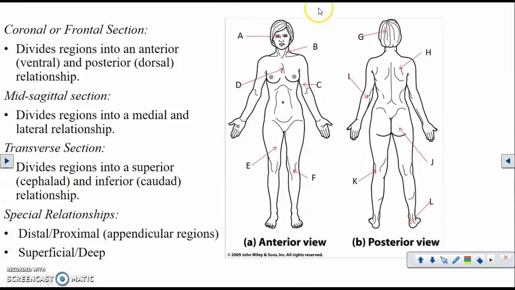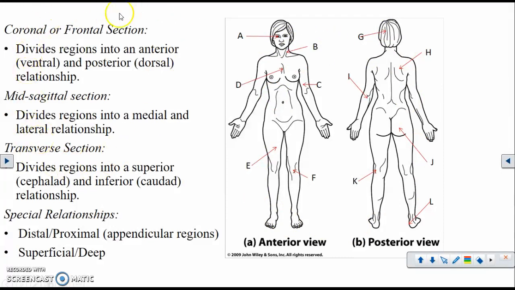All of these things that are lettered are actually in this case regions, superficial regions. Okay, A is the orbital region, B is the neck or the cervical region, the sternal region is the sternum, brachial region, femoral, patellar, popliteal, calcaneal, gluteal, olecranal, scapular, and occipital regions. Okay, so those are all regions, but all of those regions can actually be related to each other using these